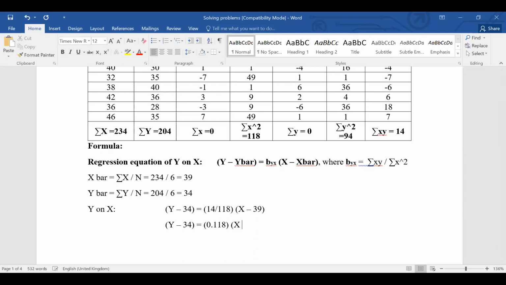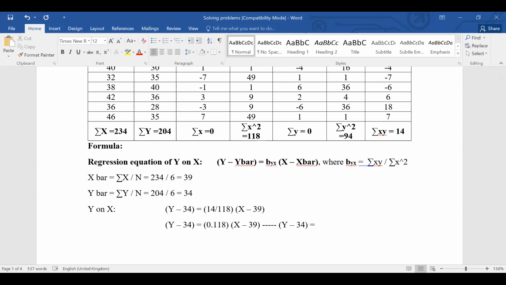Okay, into x minus 39. Right. Now what you have to do is y minus 34 equal to